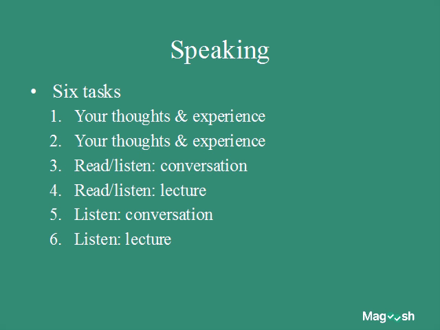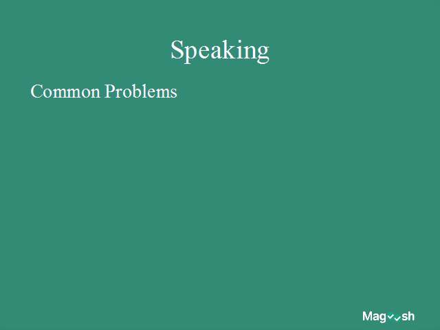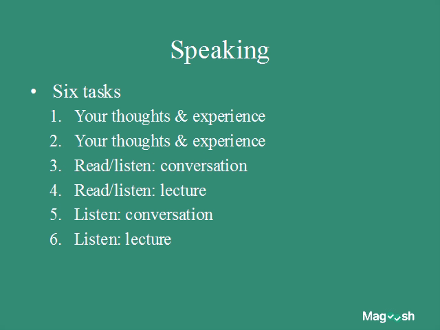For the first 2, you only speak for 45 seconds. And for the latter 4, that is the 3rd, 4th, 5th, and 6th task, you speak for a total of 1 minute each. You can imagine that some of the problems here arise from that length. It's hard to speak and get all the information you need in just 1 minute. Now, that's especially true because in these conversations and lectures, there's a lot of information, and you need to summarize as much of it as possible.